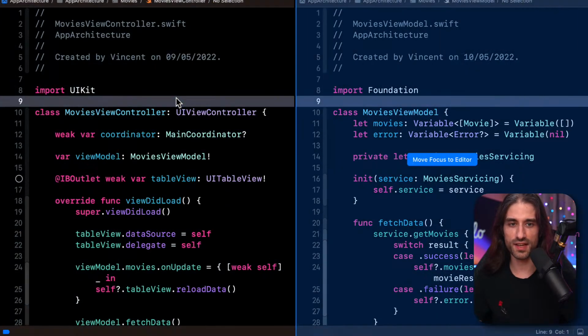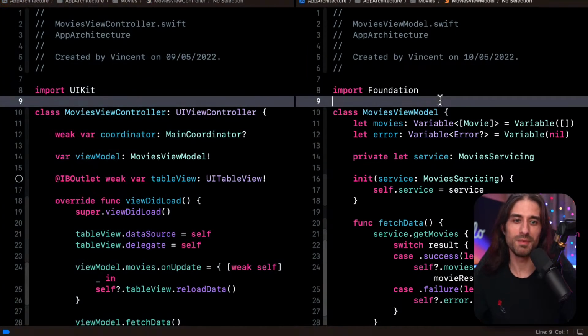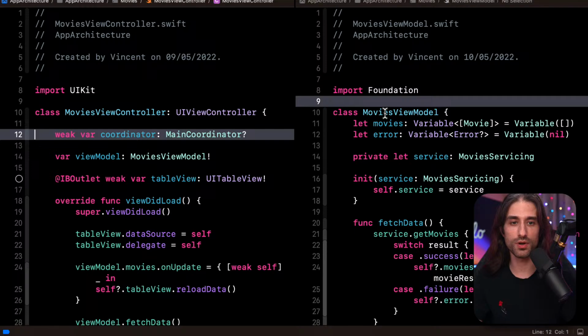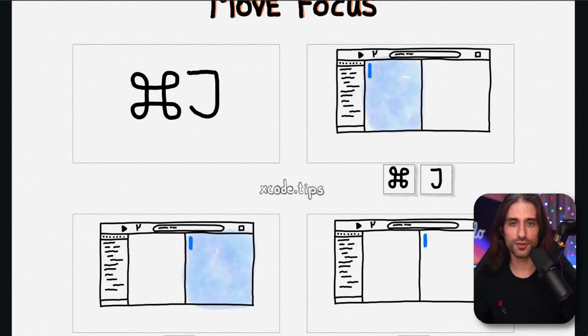I guess you can also do it with the left and right arrows on the keyboard, because if you click, you can do it, but you can just click and it's even faster. But if you want to do everything with the keyboard, it's a nice way to navigate between two open editors, two editors that are open simultaneously in Xcode. Okay, so that was the first tip.